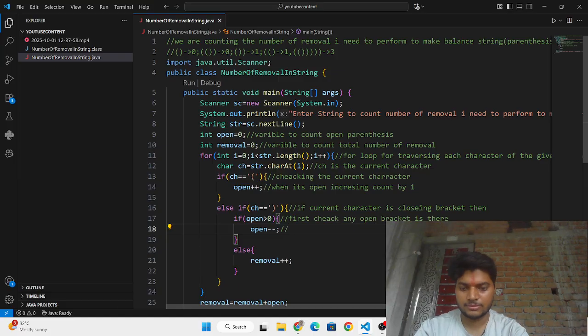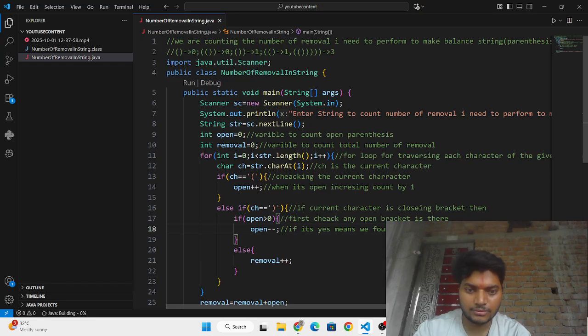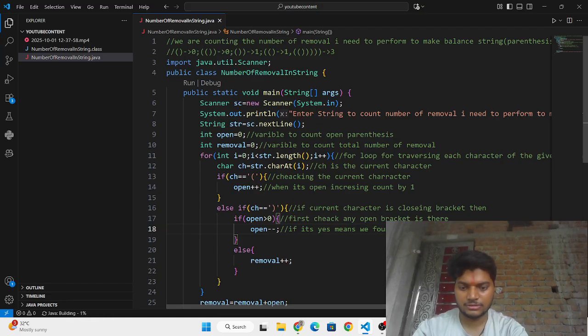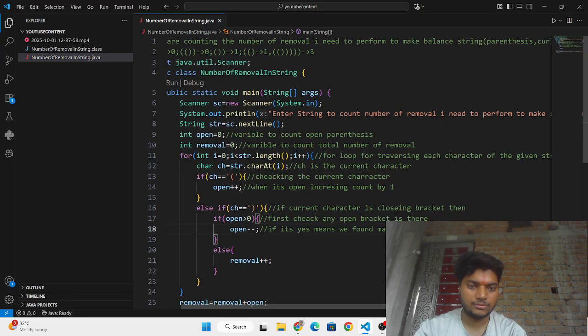If yes, it means we found a match of the character, then reduce open by 1.